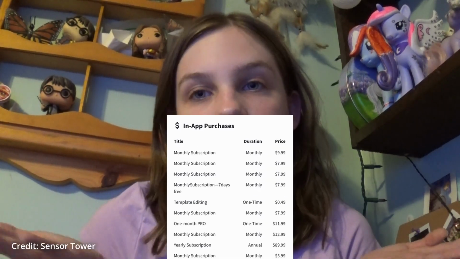But if you do really like Capcut and you commit to getting the paid version, which I'm not sure if it's a subscription or a one-time purchase, I guess I can find that out and put it on the screen. They have really, really good preset transitions and text and just anything that you can imagine. I mean, a lot of people use Capcut to make TikToks, and I think you can pretty easily make a nice looking video, and if you don't mind that you can't really tweak all the effects that much, then it's not a bad choice, and it would speed up the editing process a whole lot.